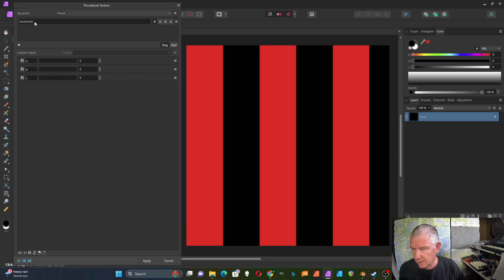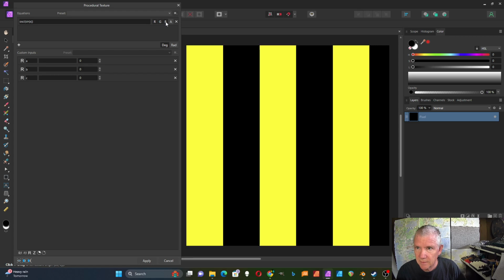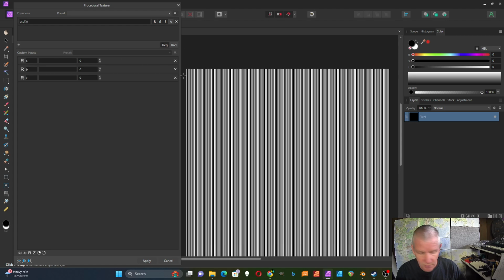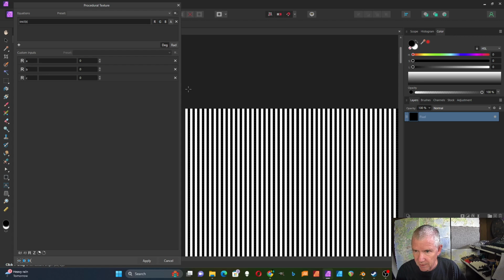And when I do that, I notice I get some stripes right away. So I'm going to change these red, green, and blue. I'm going to apply it to all colors. So osci is putting out either a 1 or a 0 depending on this input, sine of x. If I look back at when I just had x in there, osci of x, I had these tiny little stripes, each one 1 pixel wide. Right? But now when I put in sine of x,